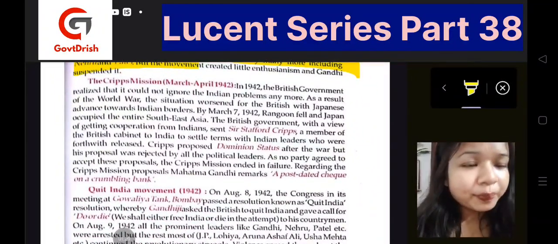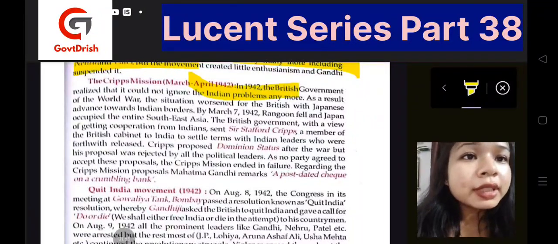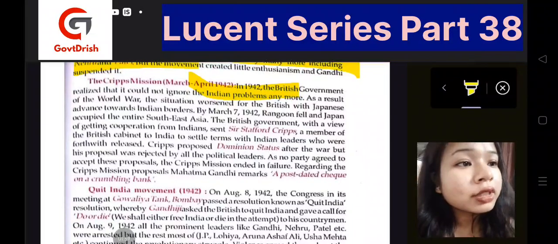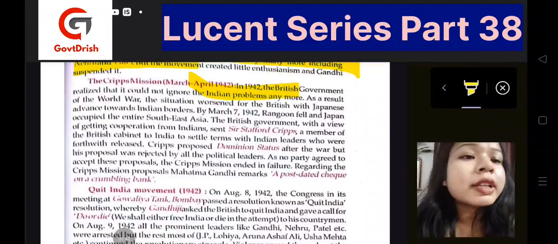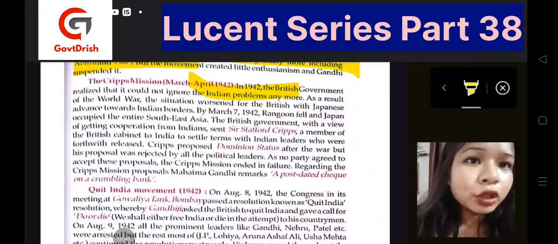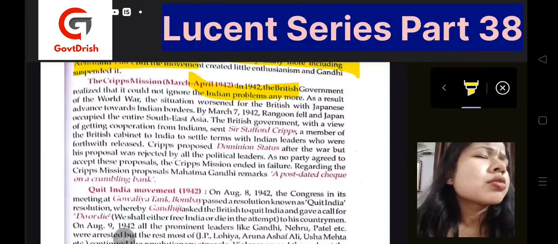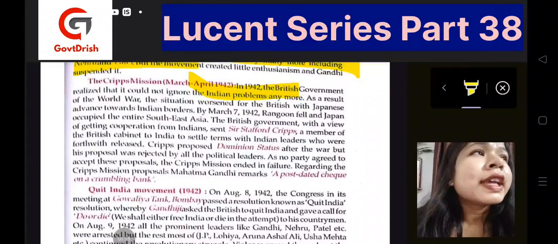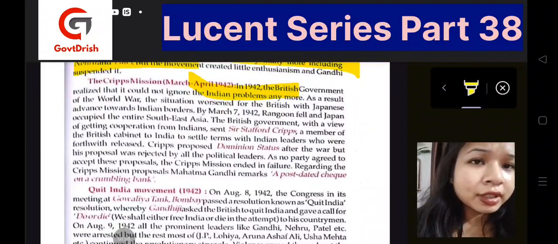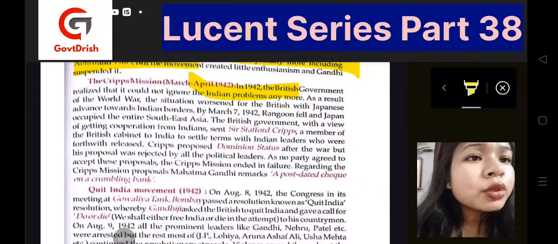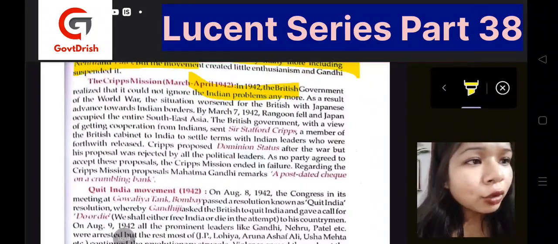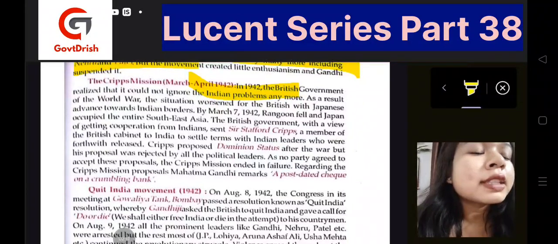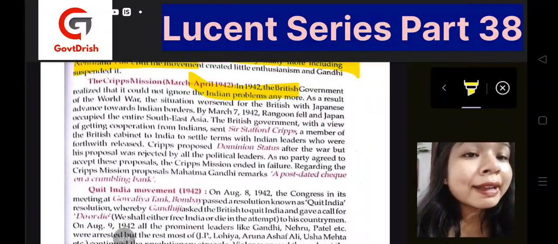What was the Cripps Mission? It was in the year 1942. The British government now got the thought that we cannot ignore Indian problems anymore. We have to solve what Indians are facing, or else they won't tolerate it anymore. After the World War, the Britishers suffered a huge loss. After their failed advances with the Japanese on the Indian borders, on March 7, 1942, Rangoon fell. Japan had occupied the entire Southeast Asia, so this was quite bad for the British government. So now they thought that let's have some cooperation with the Indians so that they can get help in the